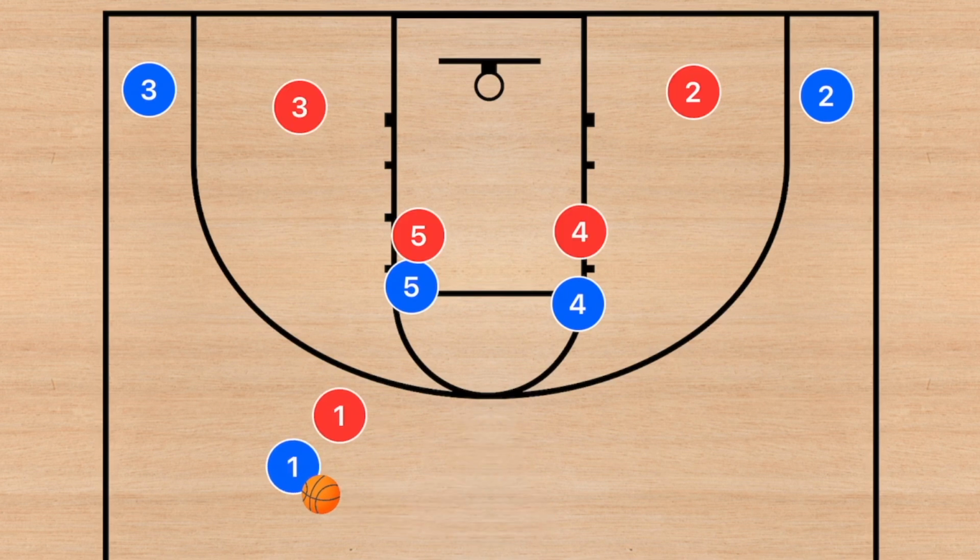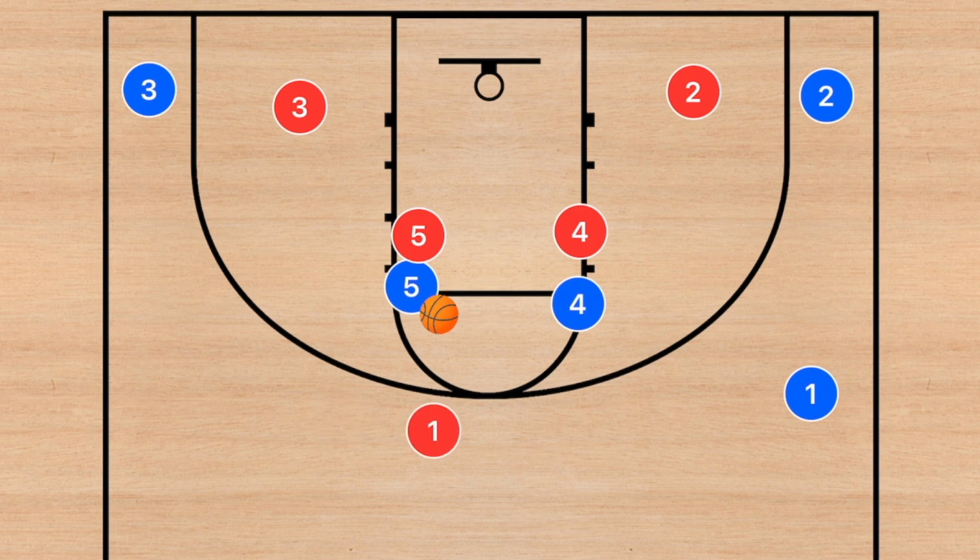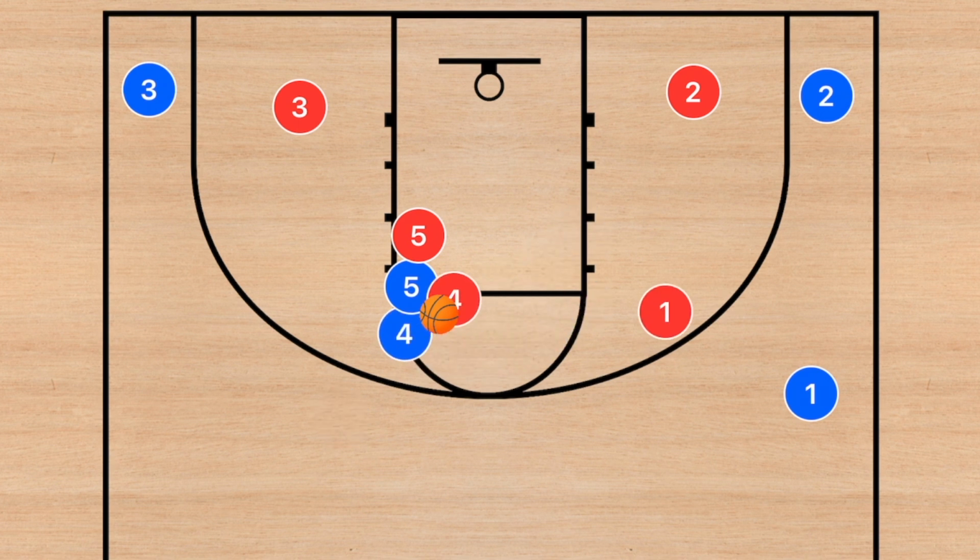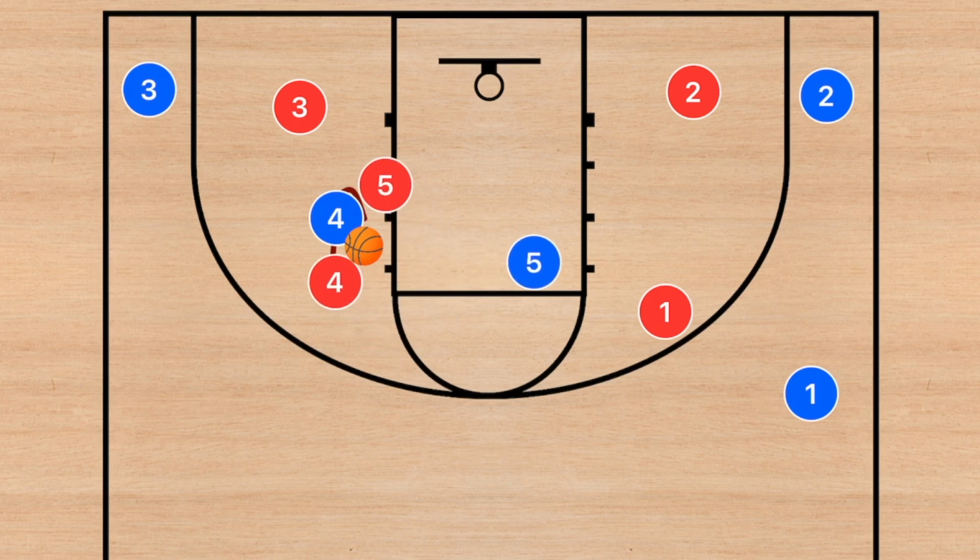So how this looks when it comes to defense, and this is only used against a man-to-man, player 1 will dribble out towards this side. He'll make the entry pass. He gets out of the way. Now, player 4 uses that dribble handoff, and now he's going to attack the paint. If his man fights over and player 5's man leaves him, now player 5 is open for the shot. Player 5 could be open for the drive,